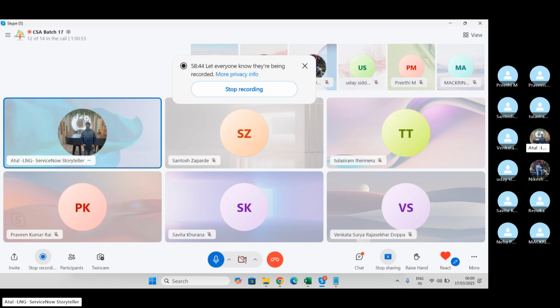Create 2 or 3 pages in that portal, and under those pages, add the different modules. And then try to use a page which is out of the box given by ServiceNow and a widget in your portal and see how it looks like. Go and do the branding changes in the portal.